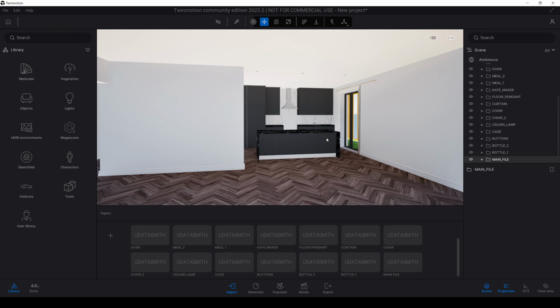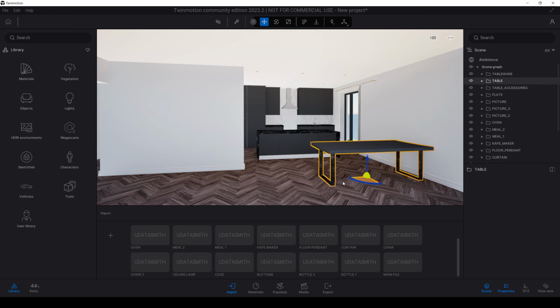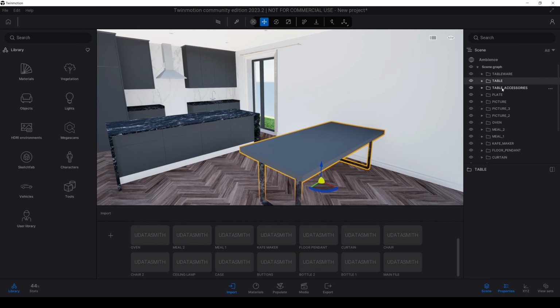Now in this step we are going to place our models one by one, but in an easier way. I'll show you how. First, we will select our object from the scene graph, hold Shift and click. It's very easy. Because we adjusted the Z value of the exported objects in Max, it will be easily positioned where you Shift click on the surface, of course. Second, we have table accessories. Let's click that and click table.